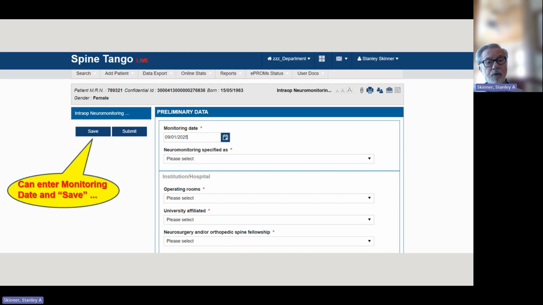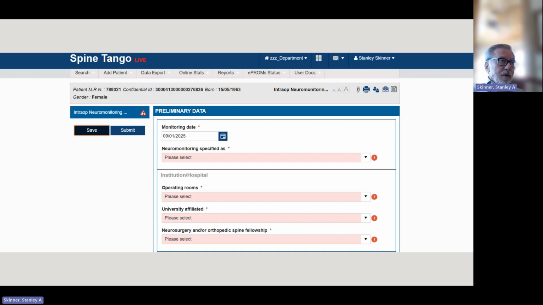Again, like the surgeon form, the case report form can either be fully entered and all questions answered, and then submit, or save the form to be finished later. Of course, it's recommended that the form be filled out completely and submitted by the end of the case.